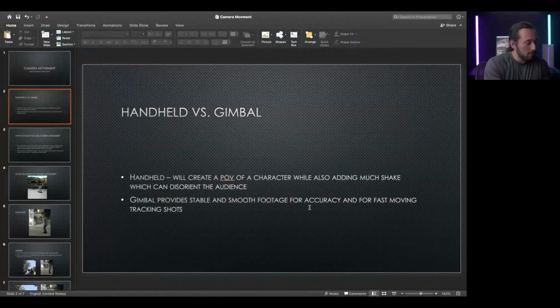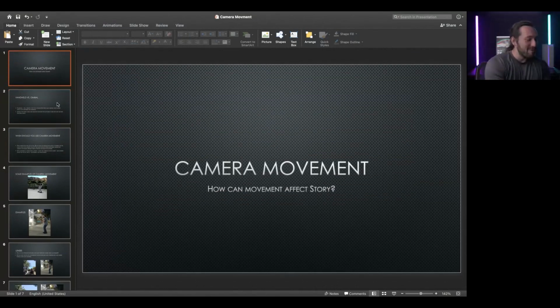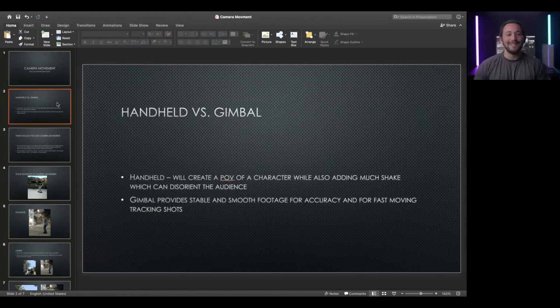Camera movement. So earlier on, I talked about handheld and using a gimbal. If you don't know what a gimbal is, I strongly suggest that you check it out on Google just to get a vibe for what a gimbal is. It's very high tech. We're talking about brushless motors and a microchip that can gauge how fast you're moving the whole rig, and it just stabilizes your camera so you don't see any of those jerky movements, especially if you're walking or running and you're just trying to follow an object. A gimbal eliminates a lot of that shake and vibration, things that our bodies can't do. The gimbal does for us. So if you're handheld and you're running around, you're going to see a lot of that shake, a lot of that camera movement. But a gimbal, very little